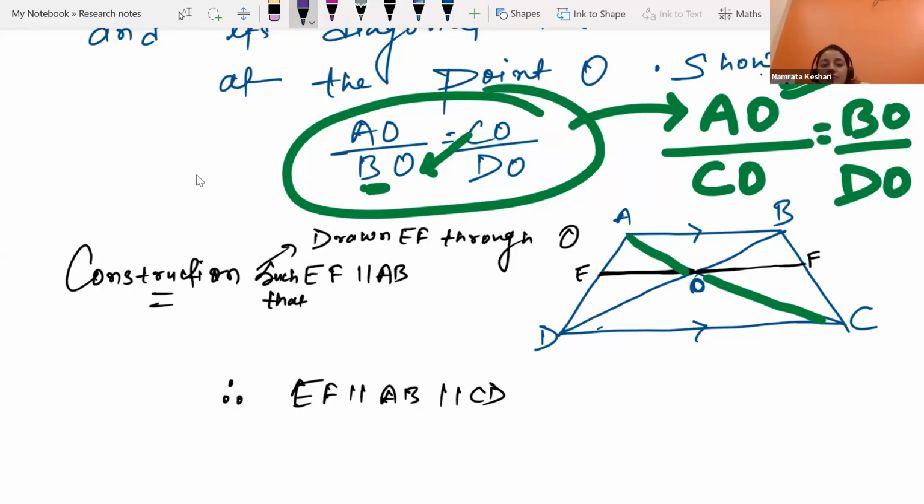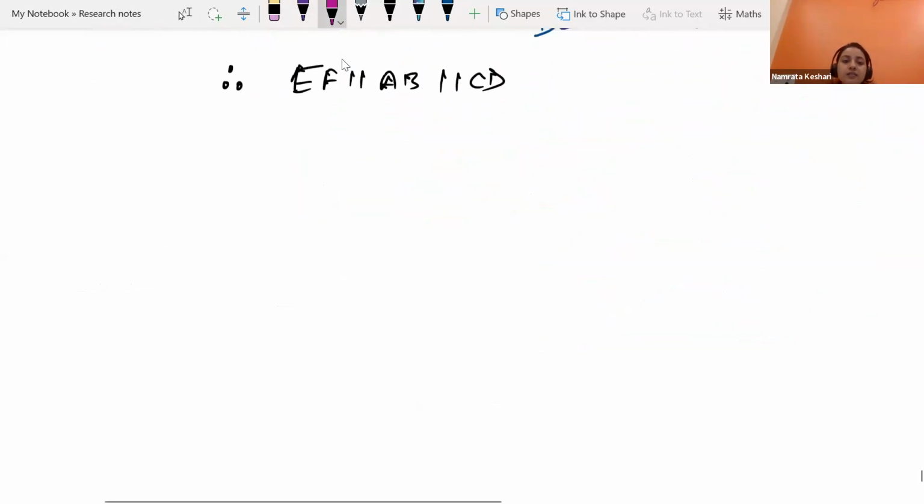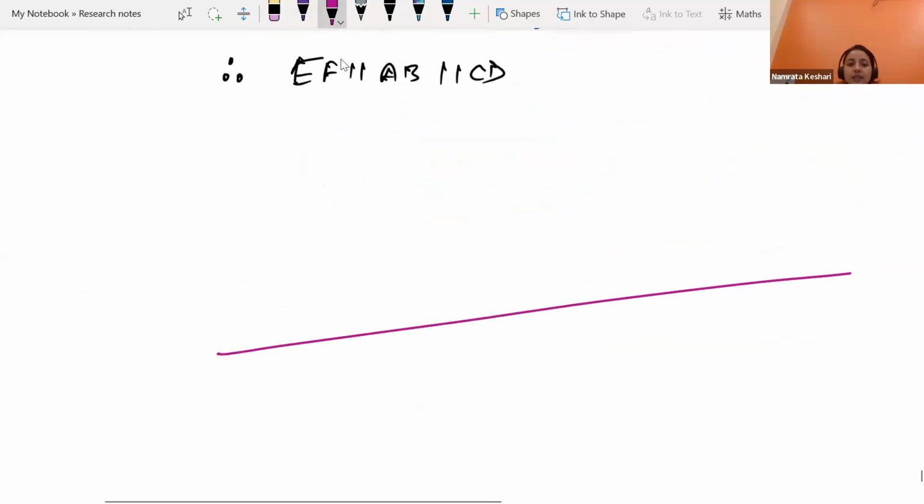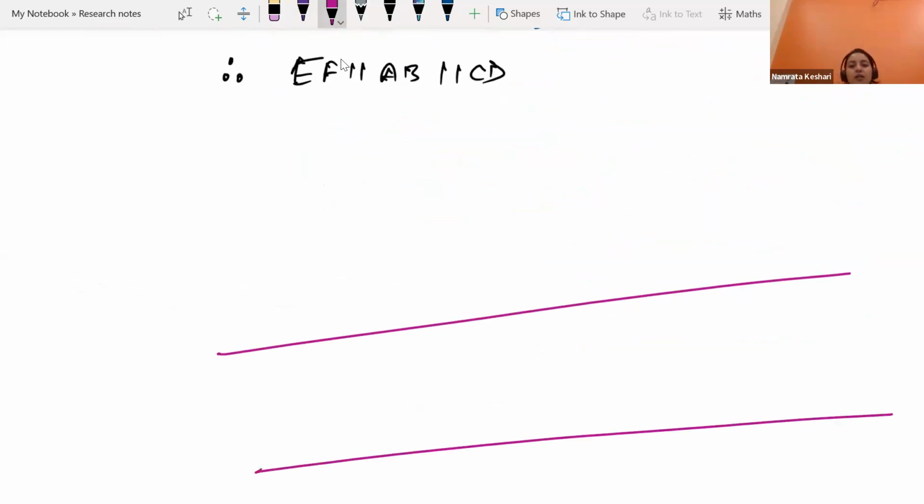then we realize that EF, AB, CD all are parallel with each other. Can we take this triangle over here? क्या हम ये ट्राइंगल ले सकते हैं जिसमें EO parallel to CD होगा? Now don't get confused. EF parallel to CD है तो EO भी parallel to CD होगा ही होगा. Okay? Why? Because अगर हमारा ये दोनों लाइन आपस में पैरेलल है, ओके, ये दोनों लाइन आपस में पैरेलल है,